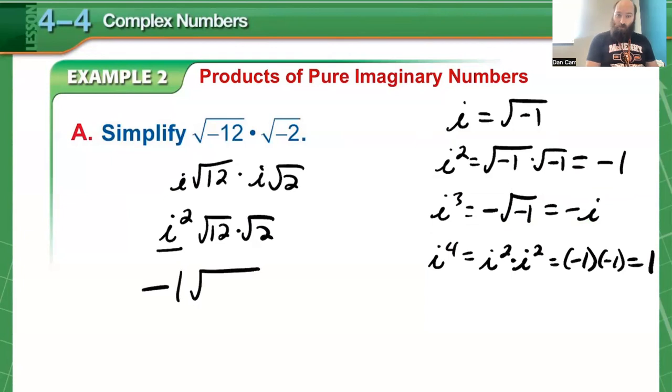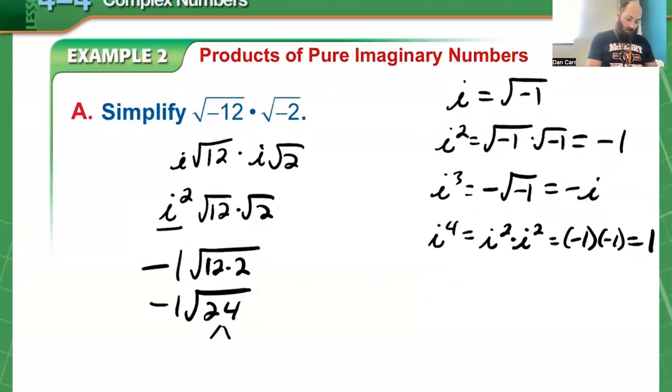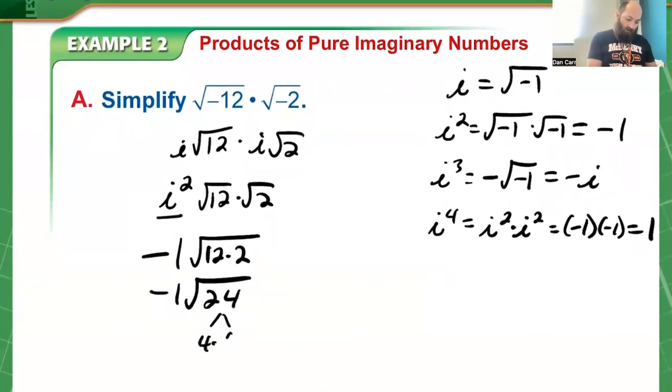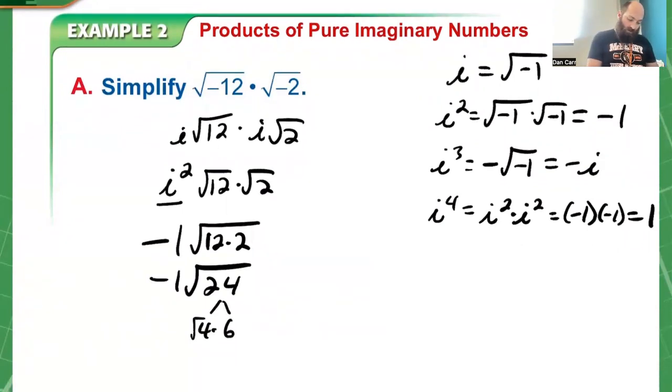Then I have 12 times 2 that I can put together in my radical. So that's -1 times the square root of 24. And now we can break down the square root of 24. Let's skip the -1 for now. 24, if I break that down, that is going to be 4 times 6. 4 is a perfect square, 6 is not, and there's no other perfect squares inside of that. So this will turn into -1 times 2 times the square root of 6, which is -2 square root of